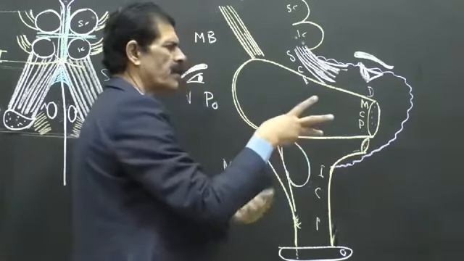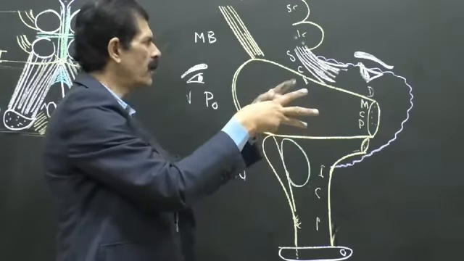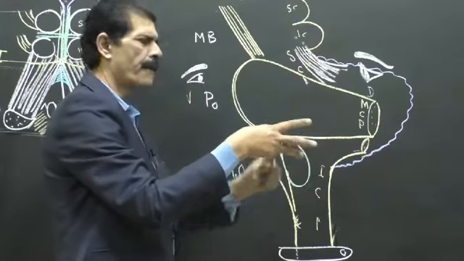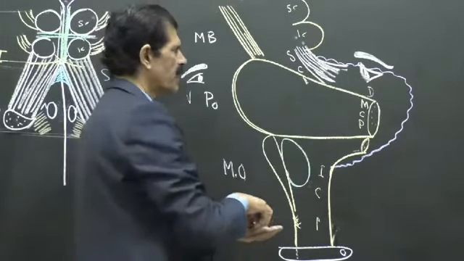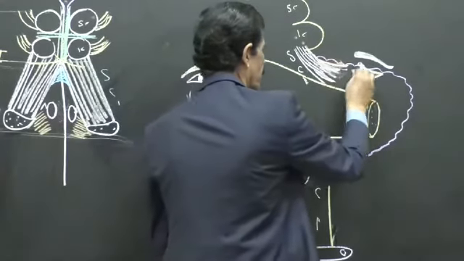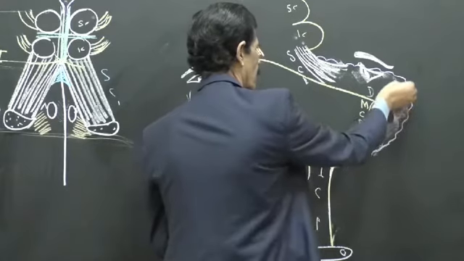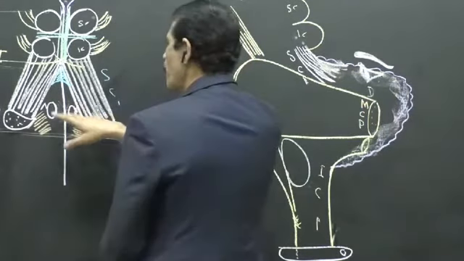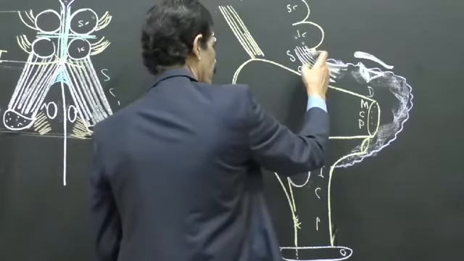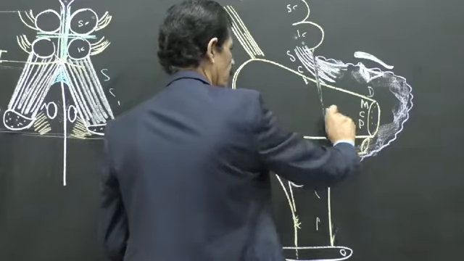All the 3 peduncles, superior, middle and inferior, they go into the cerebellum. If you cut all these 3 peduncles, the cerebellum is not part of the brain. The only connection of the cerebellum with the rest of the brain is these 3 peduncles. So this is how we draw the lateral view. This diagram is only possible when we cut these 3 peduncles and throw away the cerebellum.